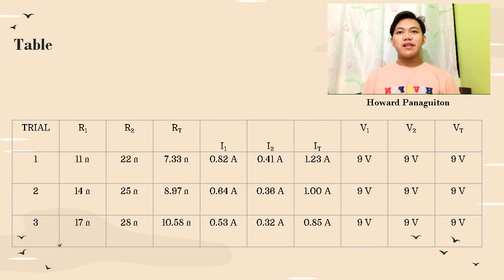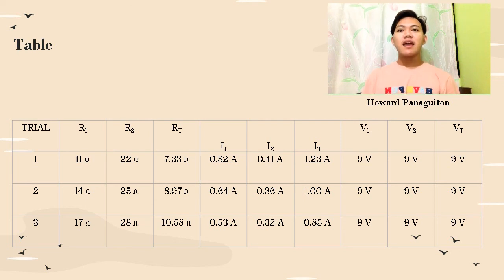In the second trial, the R sub 1 is 14 ohms, the R sub 2 is 25 ohms, the R sub T is 8.97 ohms, while the I sub 1 is 0.64 amperes, the I sub 2 is 0.36 amperes, and I sub T is 1 ampere. And lastly, the V sub 1, the V sub 2, and the V sub T have the same answer of